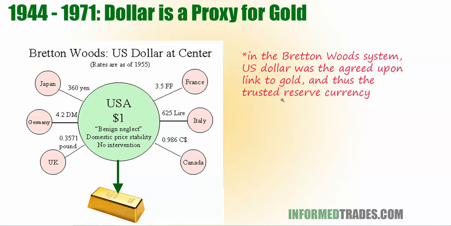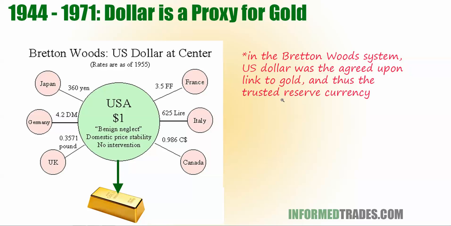Okay, to really understand the petrodollar system and its true impact in the world today, we need to rewind and get a little history lesson in. From 1944 to 1971, under the Bretton Woods system, the dollar is basically a proxy for gold. So the international monetary system that was established in 1944 at the Bretton Woods Agreement was that the dollar would be fixed to gold. The exchange rate was $35 an ounce, and every other country would hold dollars, knowing that they could go to the United States and redeem those dollars for gold.